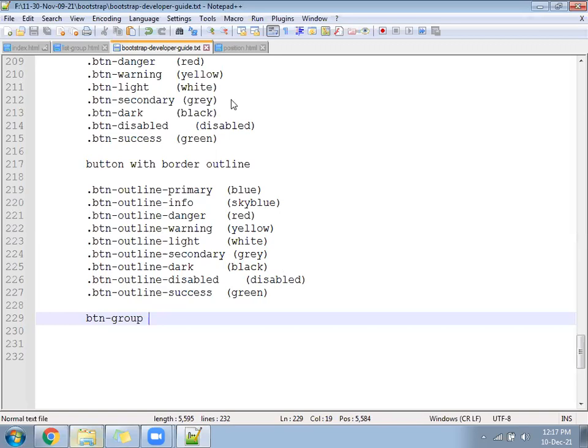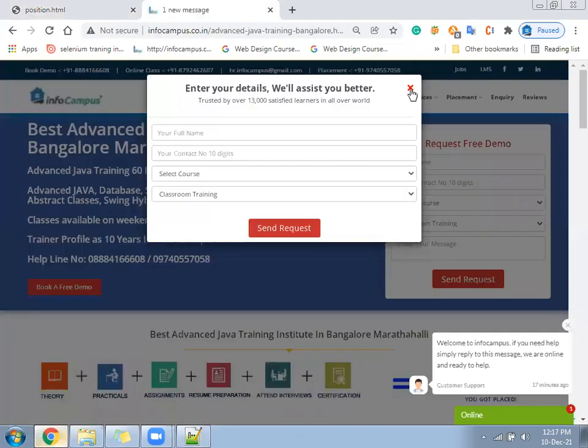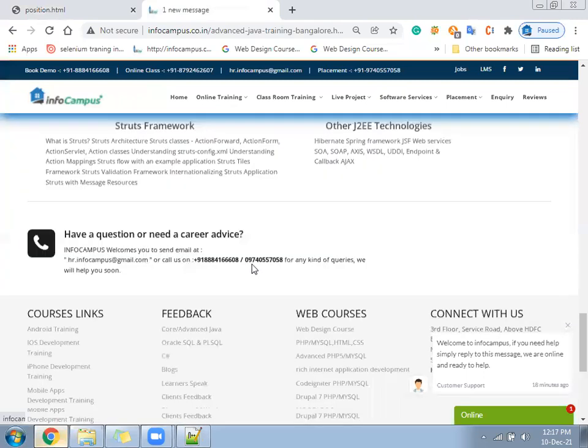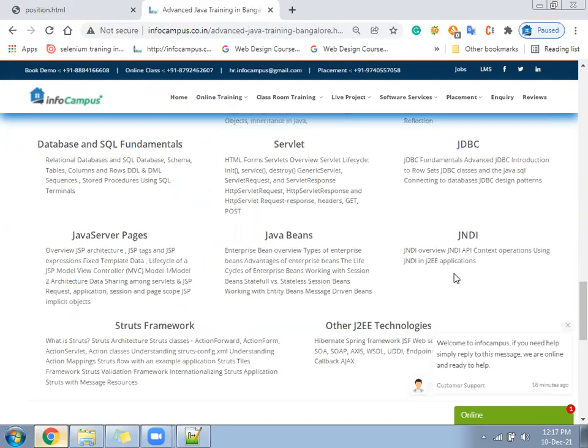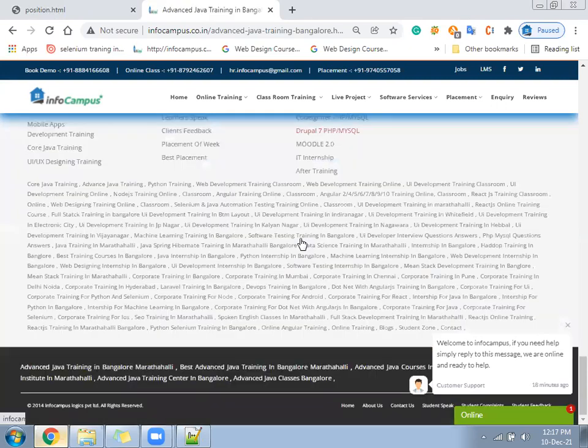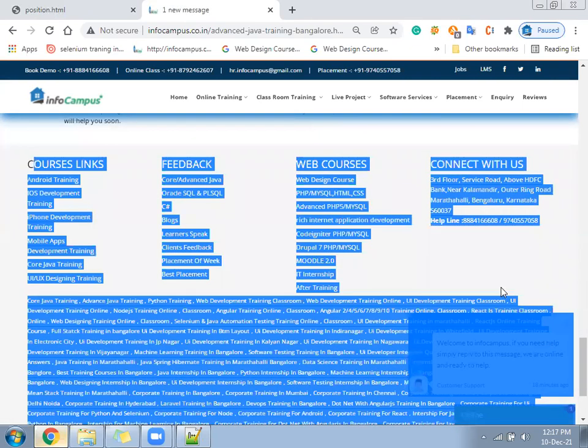Understood or not? Suppose there is a page, and inside the page multiple blocks are there. They're coming side by side. If we don't add float left, where will they go? Next to next. So the person is saying, I have a page where I am trying to display multiple blocks in one line, 3 blocks, 4 blocks. I followed the CSS, then it was going to the next line. Then I added the property called float left, and it started coming in the same line. The problem got fixed, but another problem came. The footer section was here, and this footer section is hidden now. It's not visible. What is the solution for that?